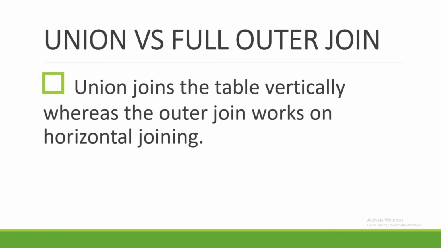Now you might be thinking that this union is very similar to the full outer join, because in that also what we do is we select the left data, the right data and the intersection data, right? It is correct, but you need to see that union is actually appending the data into the same column. So it is joining the table vertically. In outer join, we can apply the select statement to n number of columns and expand our joining horizontally, but here we are joining it vertically. So this is a very important point, and you might get such questions in your interviews.